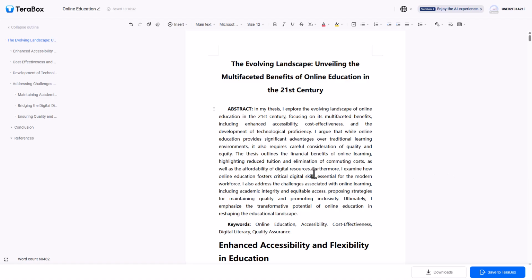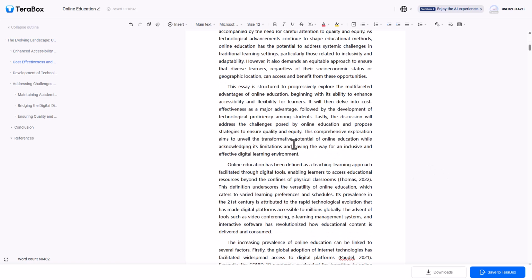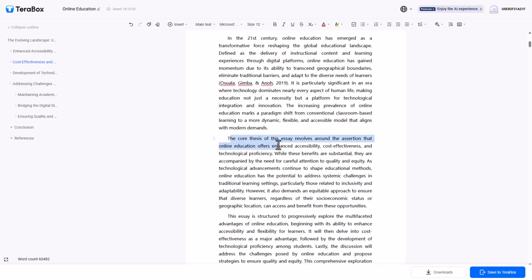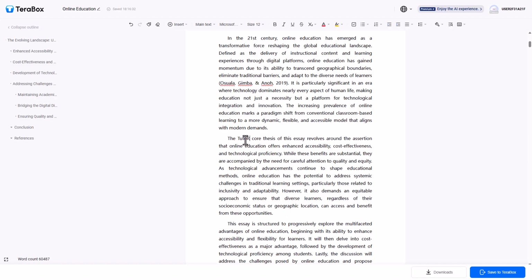So over here, you can see that I have this Terabox generated content right here, this essay, and here you can see the text. If you want to go ahead and edit this out, then you can simply place your cursor wherever you want right here, just like this, and type in whatever you want right here. Let's say, for example, I can go ahead and add in the word tube just like this, as you can see. Apart from this, I can select it out to go ahead and get the formatting options, as you can